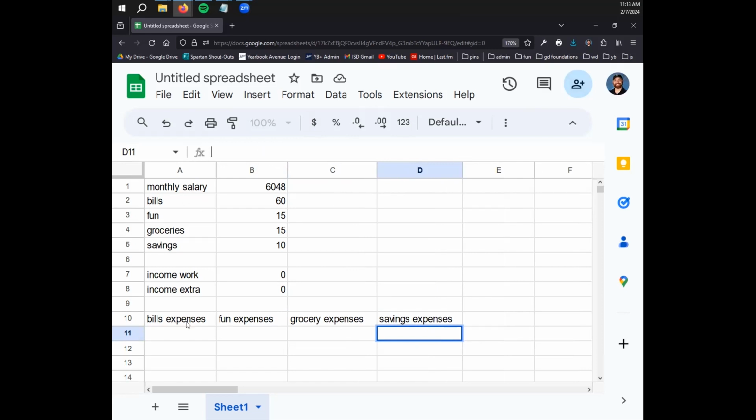Let's start doing some actual functions. Okay. These are just percentages. 60 plus 15 is 75. 15 plus 10 is 25. That gives us 100. Something that I like to do because I don't trust my own math skills is create